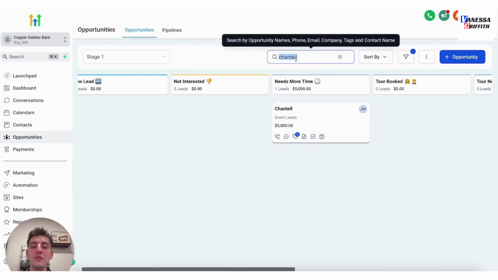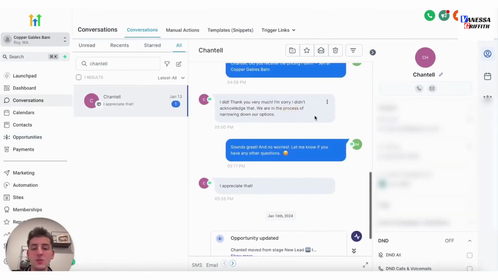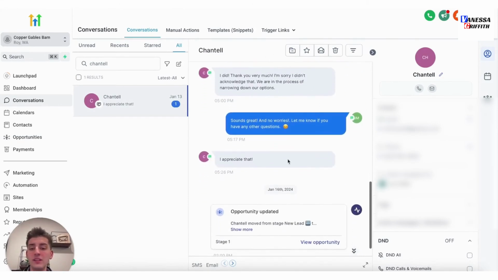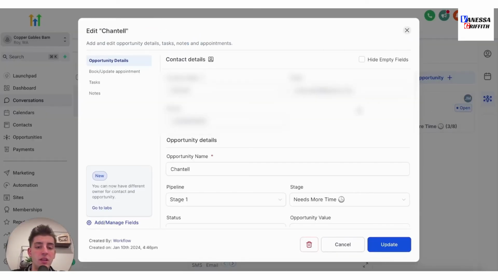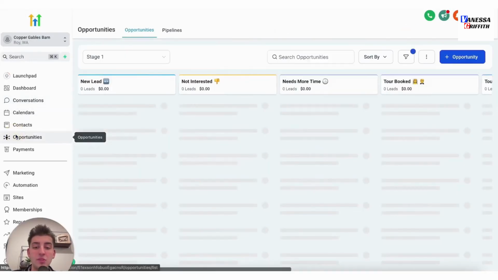This is a mental reminder for you to follow up with this lead whenever they request in the text. So she didn't really give a time frame, but you can reach out as you like. That's why they're in needs more time. And then another way to move them into needs more time right in the conversations window is you click on this people icon all the way to the right, click in here, and then stage, it would be a new lead. You would just click on needs more time, click on update, and that automatically moves the lead under opportunities